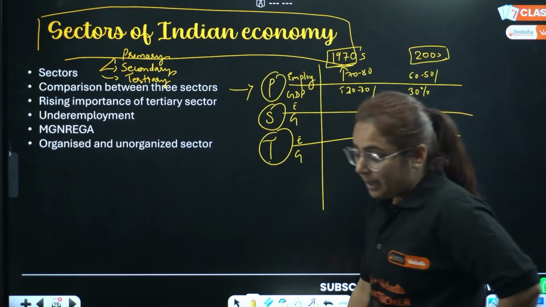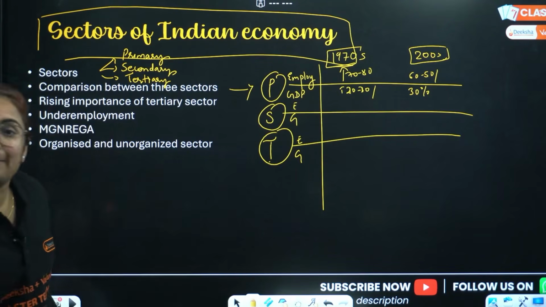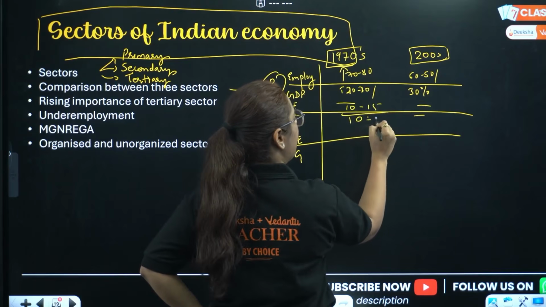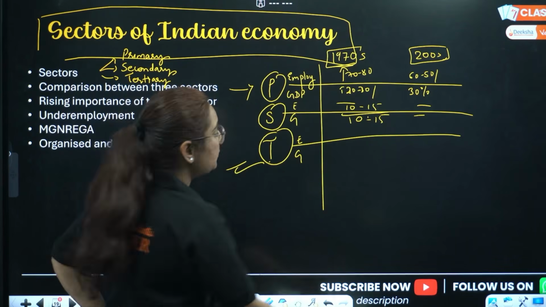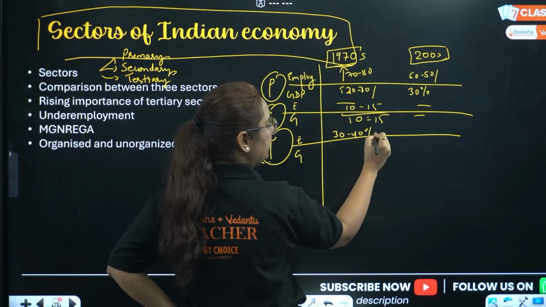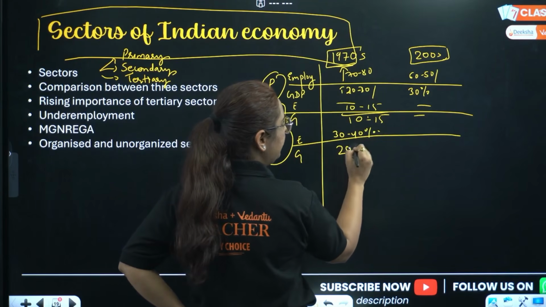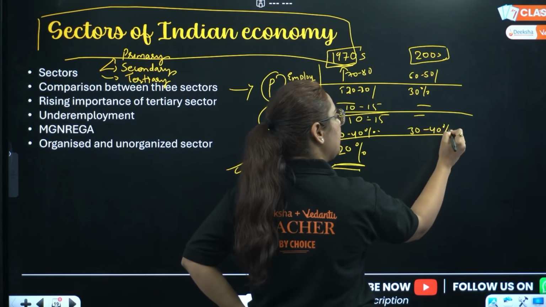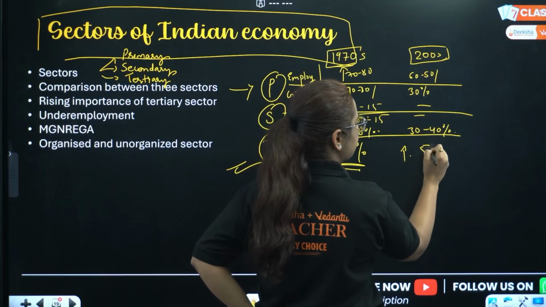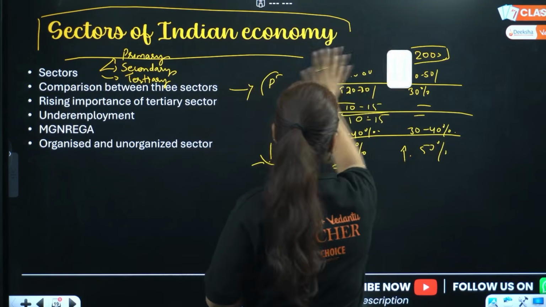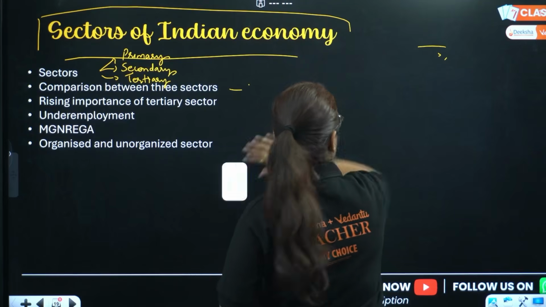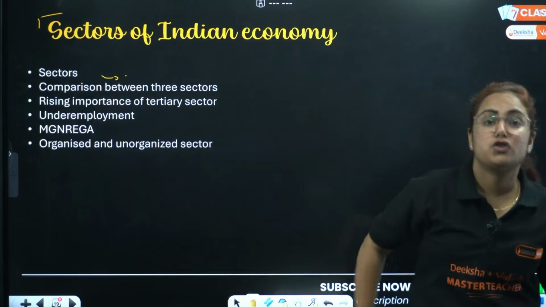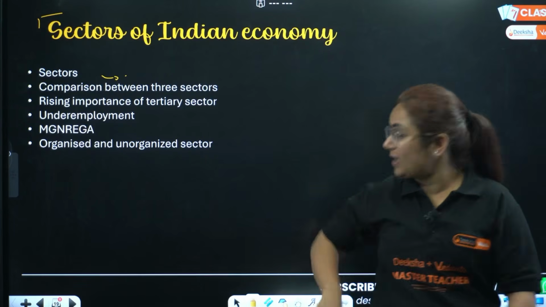So what do you think? Who is the largest employer? Primary sector. It remains same, 10 to 15%. But however, there is a huge shift in tertiary sector. Initially, there was only 30 to 40% people, which accounted for around 20% of GDP. Right now, the people are same, 30 to 40%, but the GDP of this area has increased. I'm giving a rough percentage to you. I just want to tell you that the tertiary sector is growing, has a huge weightage in the GDP of the nation.